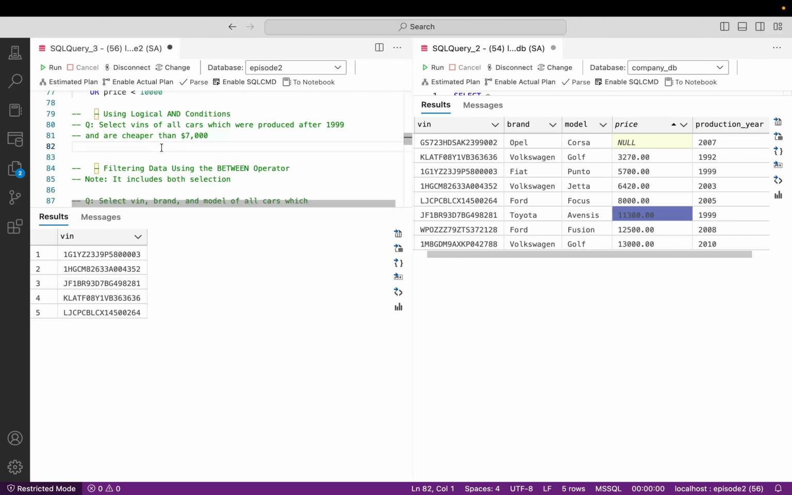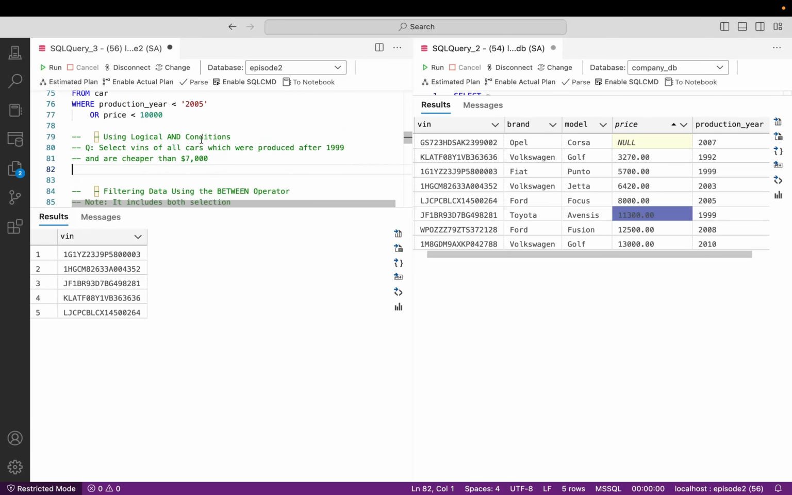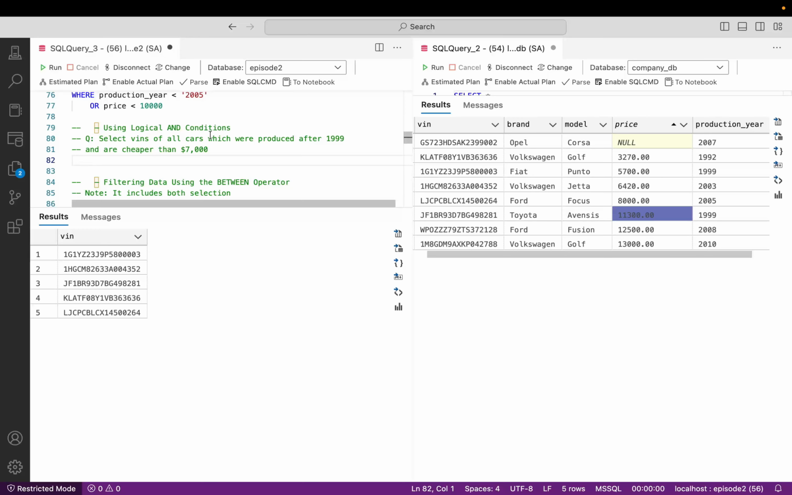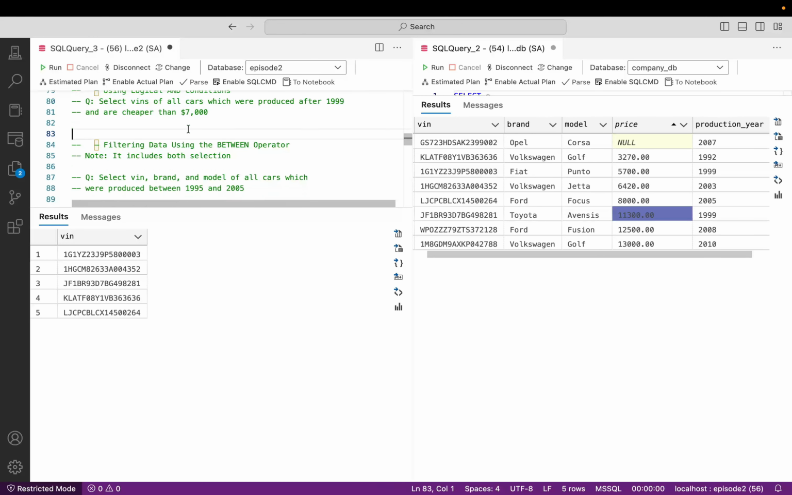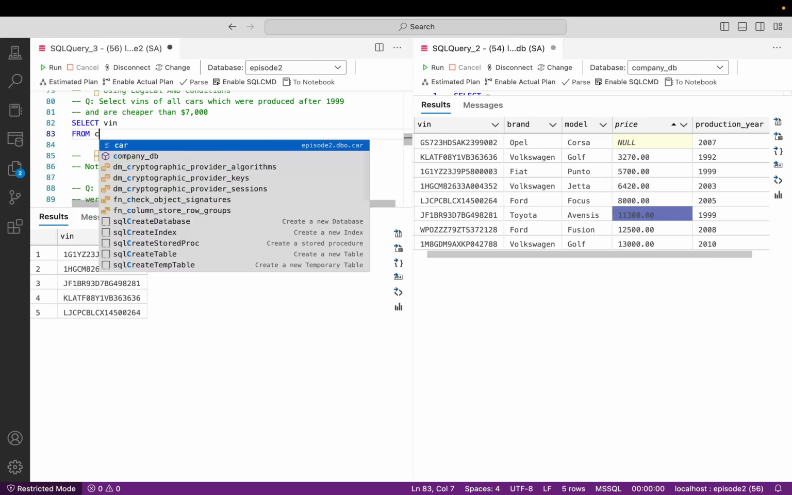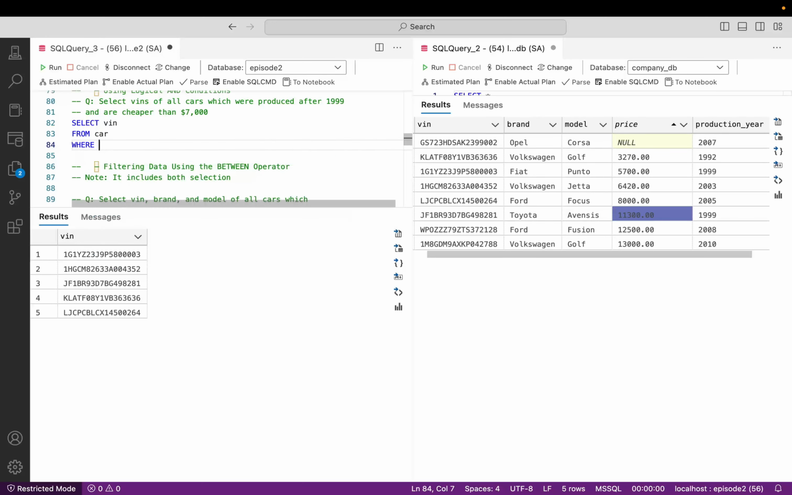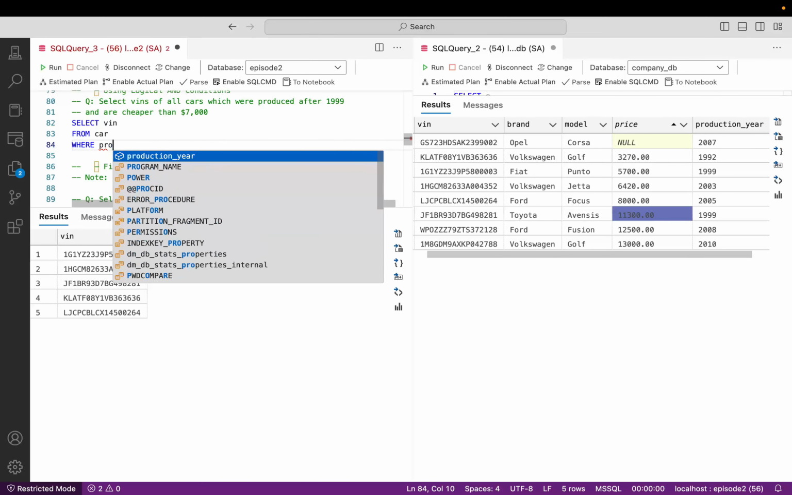So coming to the AND condition, it says to select all the VINs of all cars which were produced after 1999 and are cheaper than $7,000. So for using the AND operator, both these conditions should be true. Otherwise, it won't retrieve those results. So how can we do that? We use select VIN from car where production year,